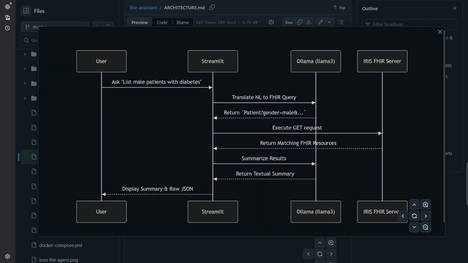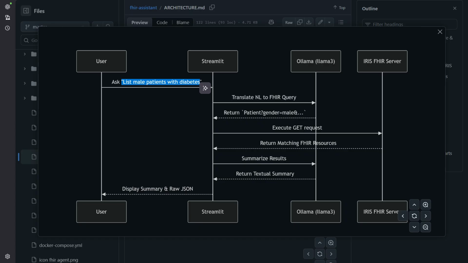So the user asks any natural language question, like list male patients with diabetes, and Streamlit asks Ollama to translate this natural language question to a valid FHIR query, and Ollama transforms this into a FHIR call,